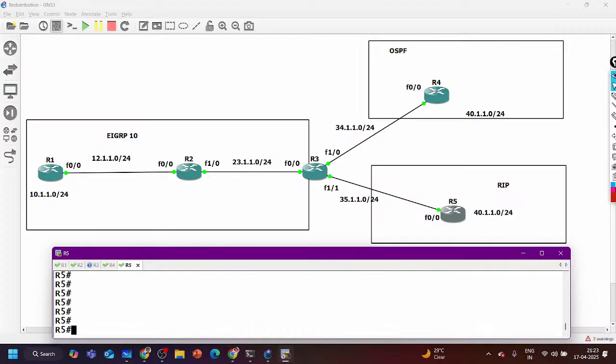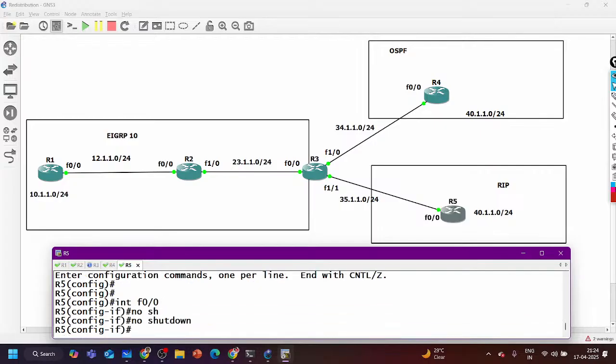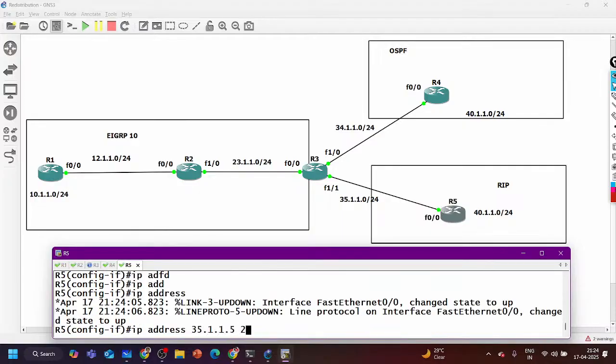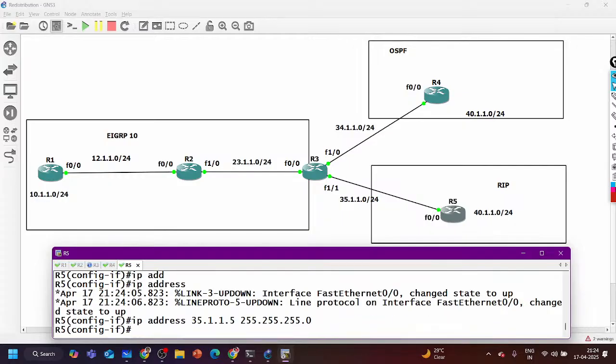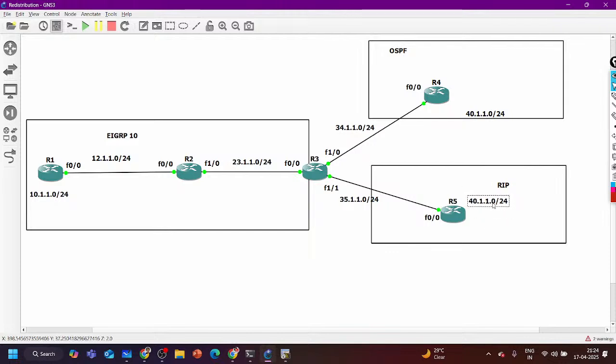Okay. And on router number 5, let me configure the IP. Interface F0/0, no shut, IP address 35.1.1.5, 255.255.255.0. Exit. Interface loopback 1. Here we have multiple subnets: 30.1.1.0/24, 30.1.2.0/24, 30.1.3.0/24, and let's say 30.1.4.0/24.